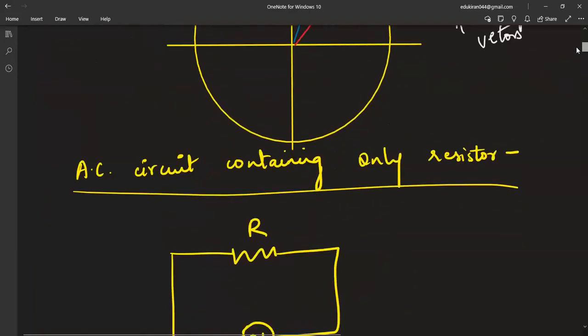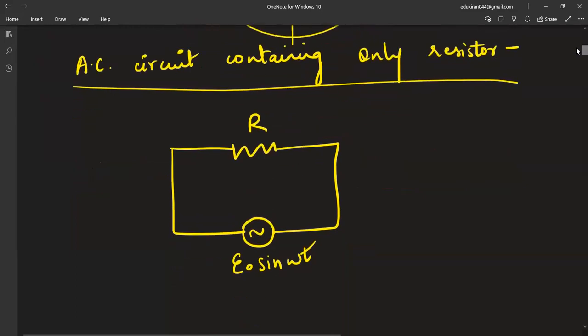See, AC circuit containing only resistor. When a resistor is connected with your circuit, you are having a variable value of AC, right? This is changing the value of EMF. So now EMF is E naught sine omega t. You have connected a resistor. Resistor is connected along with the help of circuit, right? So how do we start? What is the voltage? Voltage, that is EMF. This is E naught sine omega t